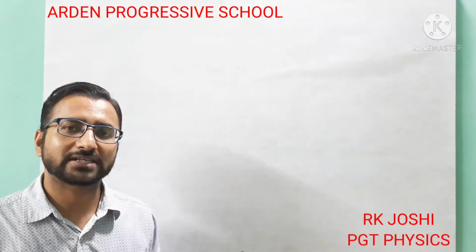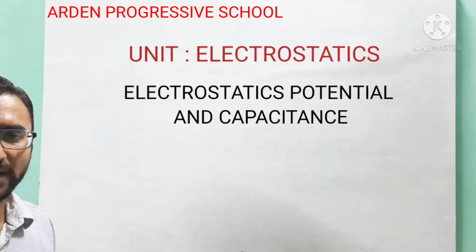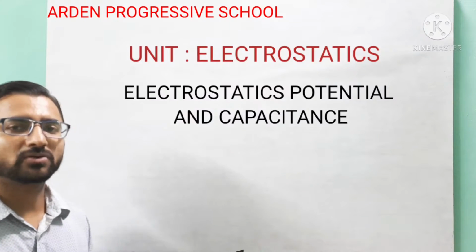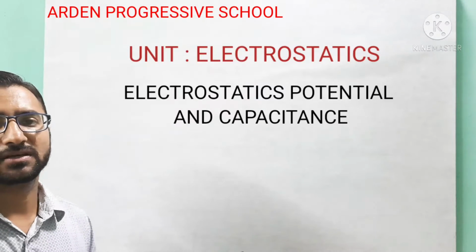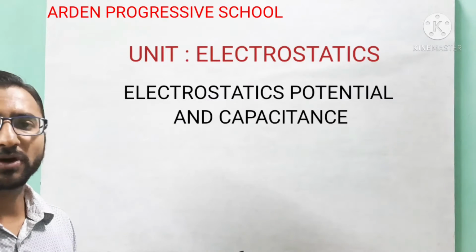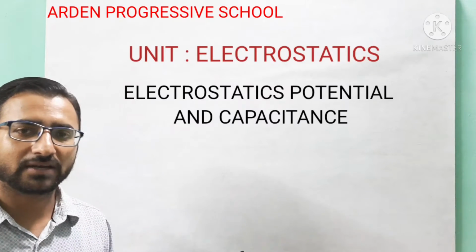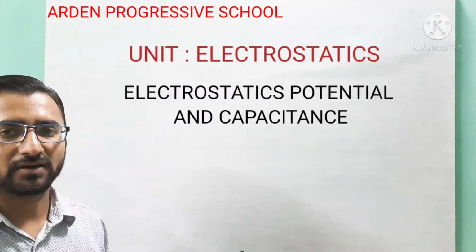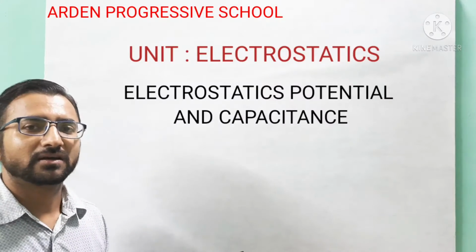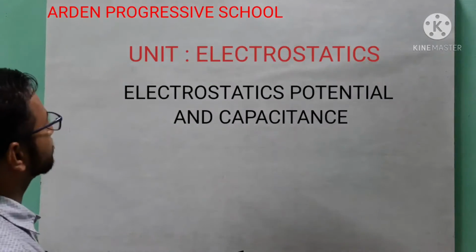So here in today's lecture we will talk about the next topics of chapter 2, electrostatic potential and capacitance. In this video we will talk about some important results regarding the electrostatics of conductor, which will be very important when you explain the upcoming derivation. In the derivation you will see these results are very helpful for you to understand the upcoming result, how we will use the results in our derivation we will see.